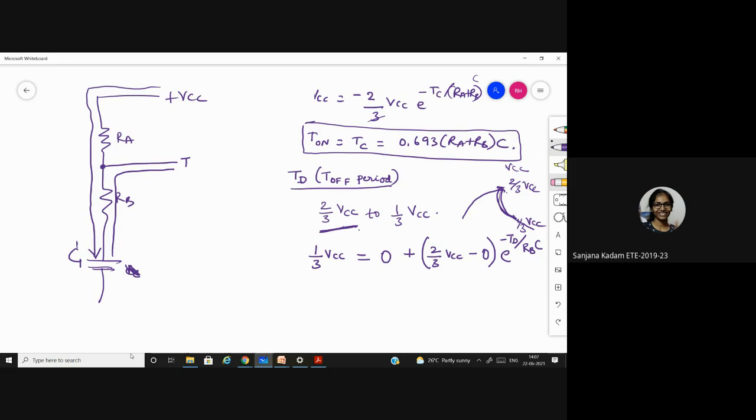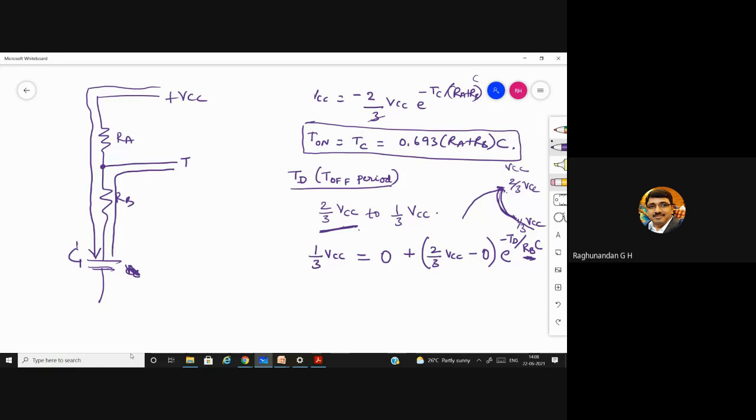It can directly go to the transistor, sir. Right? It will directly go to the transistor. So the charging path is RA, RB, and the discharging path is only through RB. That's why we take only RB here. Don't get confused: we took RA plus RB for charging because charging takes that path. For discharging, it only takes this path. So you write RB, and instead of TC, you write TD.